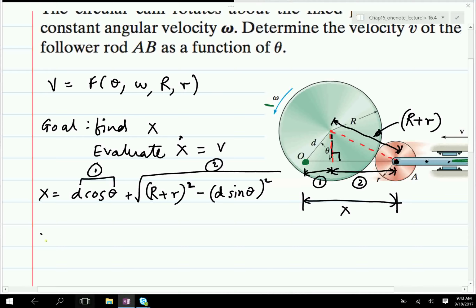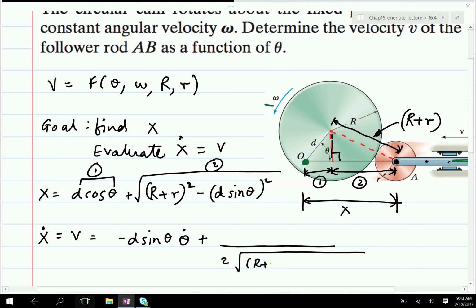Okay, so x dot is v. So I need to take the derivative of the sum. The derivative of d cosine theta is minus d sine theta theta dot. Plus, when I'm taking the derivative of something under the square root sign, it's basically 2 square root of the same thing in the square root sign. I'm going to write this as d square sine square theta,